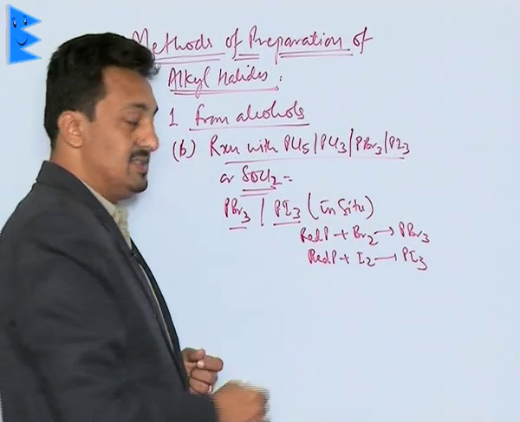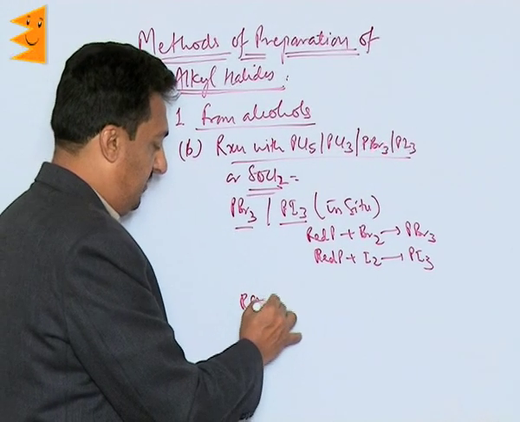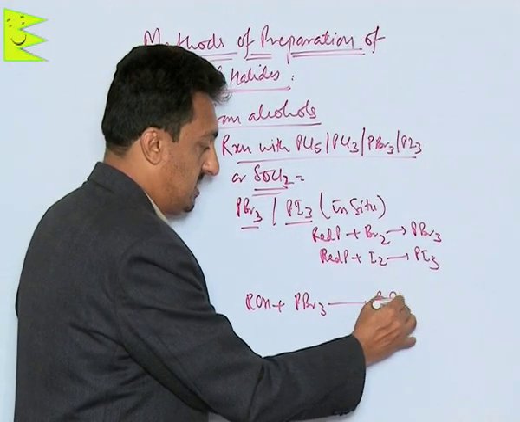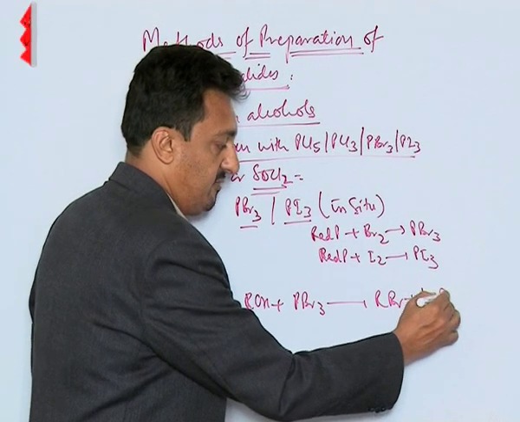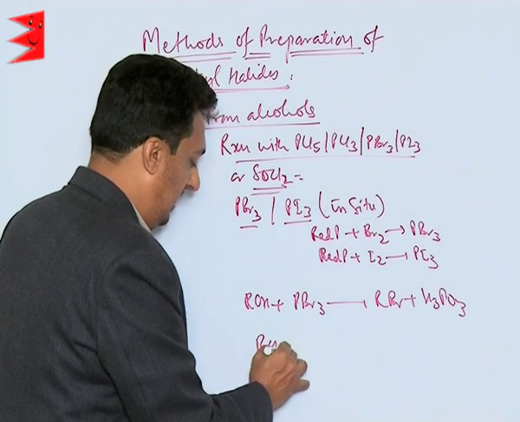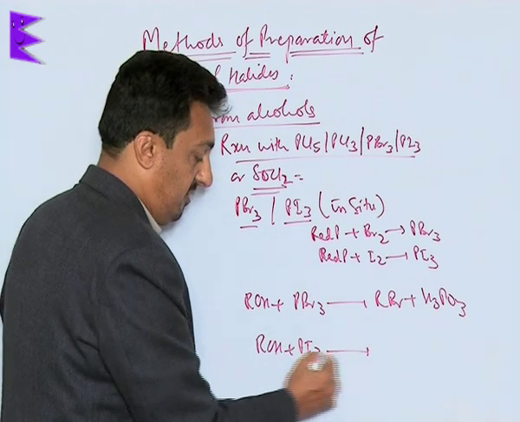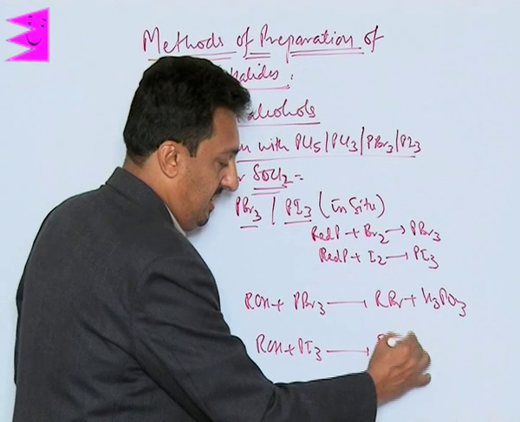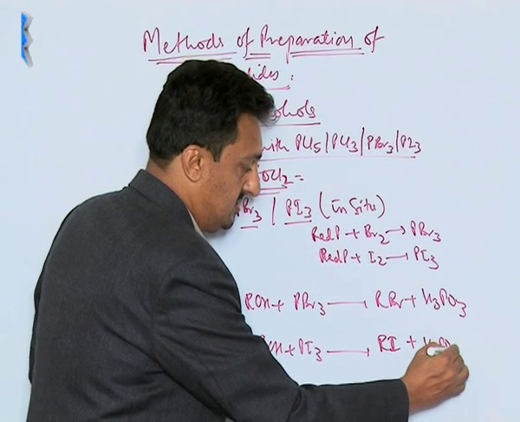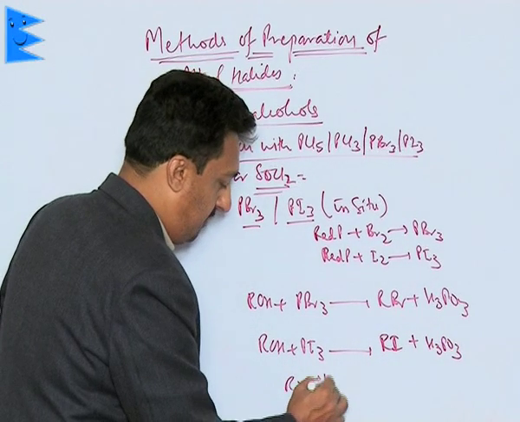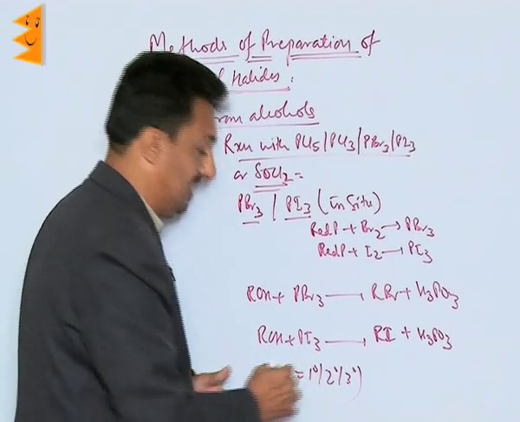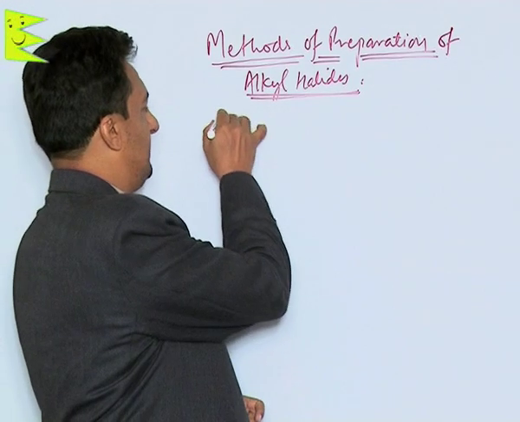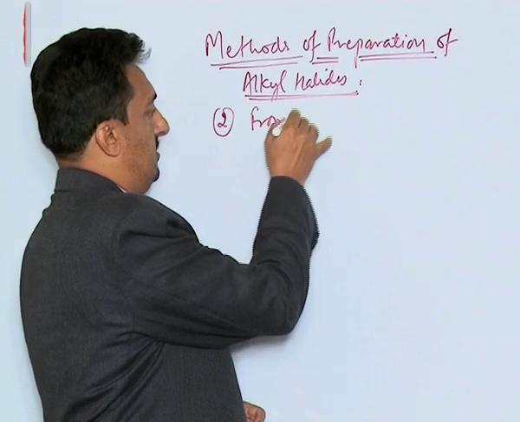So they are always prepared in situ, and if we take any alcohol and treat it with PBr3, we get the corresponding alkyl bromide and phosphorus acid. And if we take any alcohol and treat it with phosphorus iodide, PI3, we get the corresponding alkyl iodide plus phosphorus acid. So in this case also R can be primary, secondary or tertiary, any of these alcohols. Now the second method of preparing the alkyl halides is from